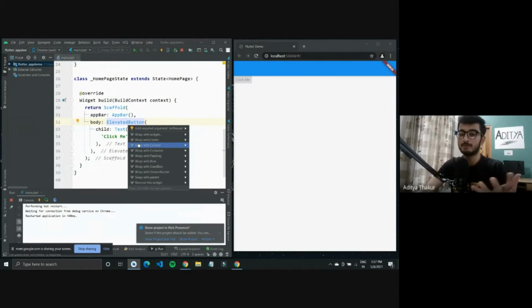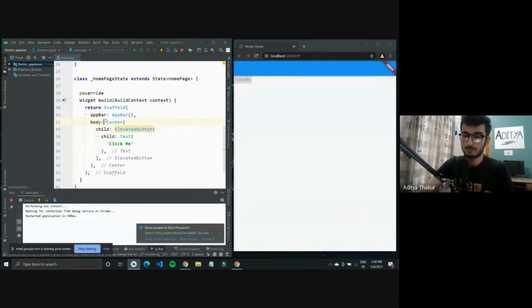Like you can wrap it with a widget if you want to put a widget around it, or if you want to center it, so you can wrap with center. So it should wrap this elevated button that we have with the center widget. And now if I hot restart it, it should come to the center of the screen right here. So that is one of the tricks that you can use to wrap widgets in Flutter.